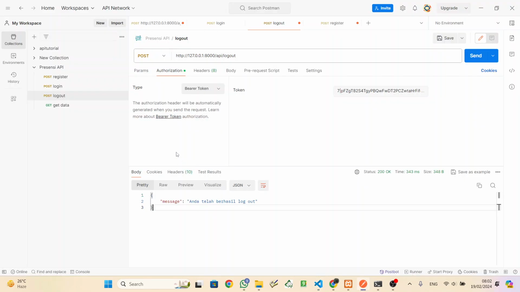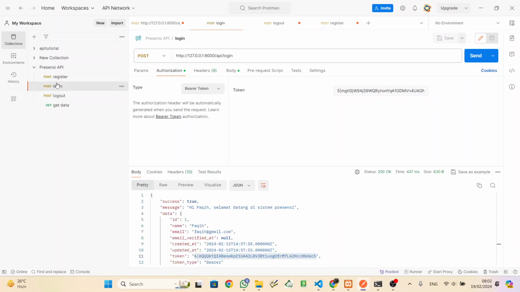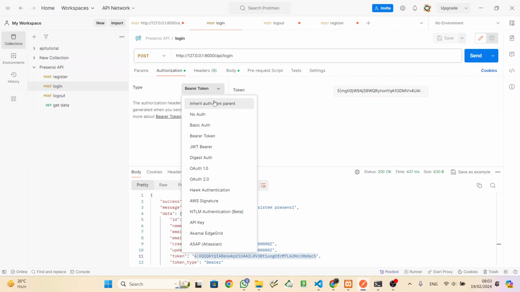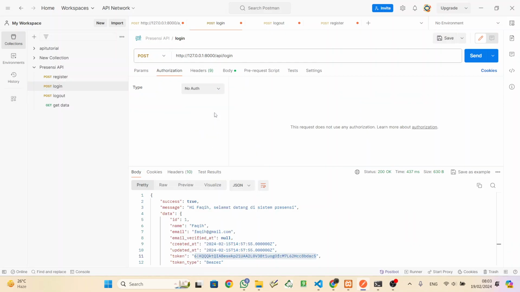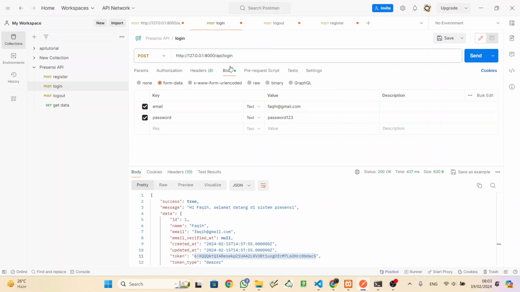And the last thing, we will test the login API. Go to the body and then put your account here and send it. Okay, so it's working.